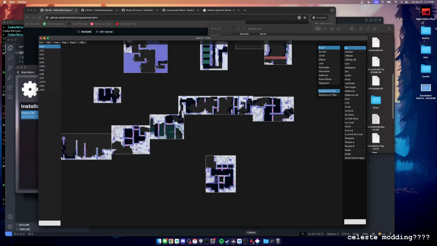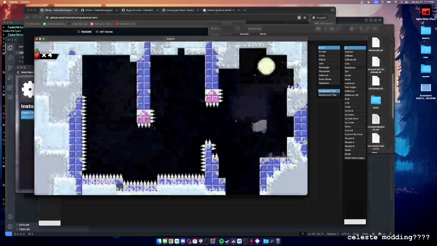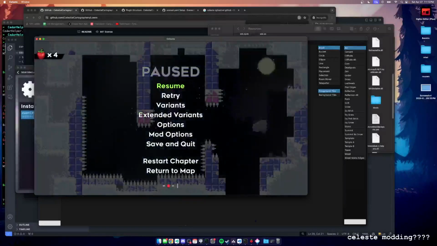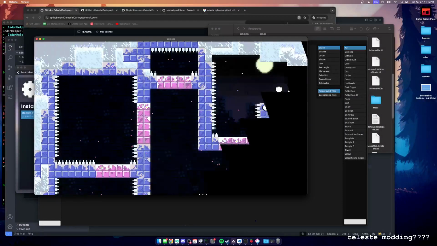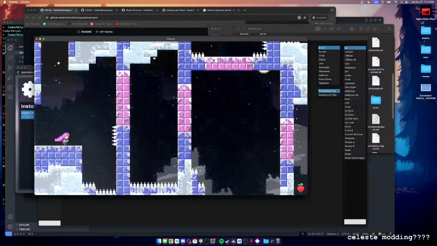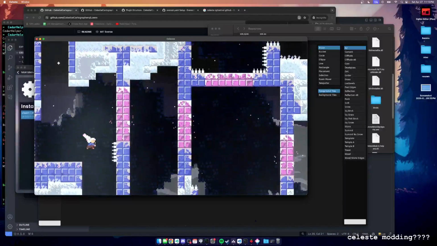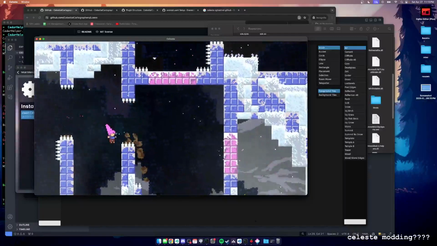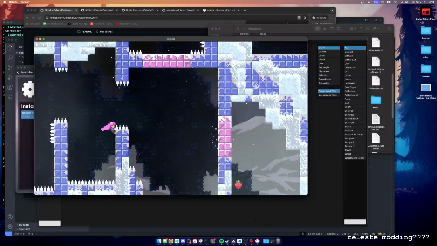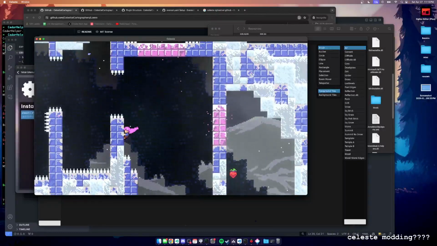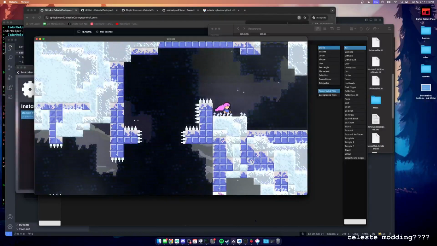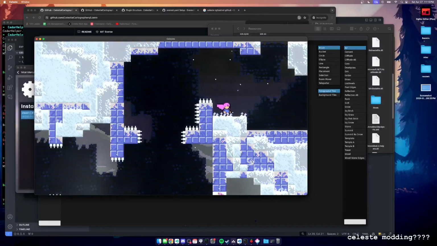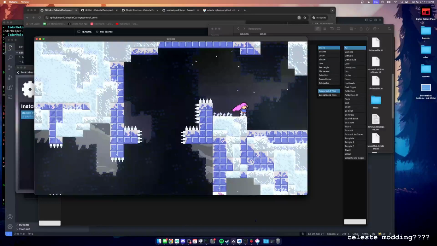Okay, let's see where we are. This is weird. That's cool. I kind of want to make this map a little more open. I feel like the